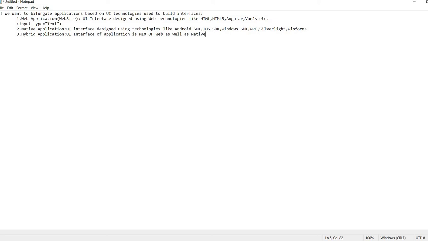Now here if we talk about the interaction of the user with such a form, the user's interaction is not only limited to the web controls, it's not only limited to the native controls. So for a few things it is interacting with the native, and for a few things running inside that web view where the browser is integrated.